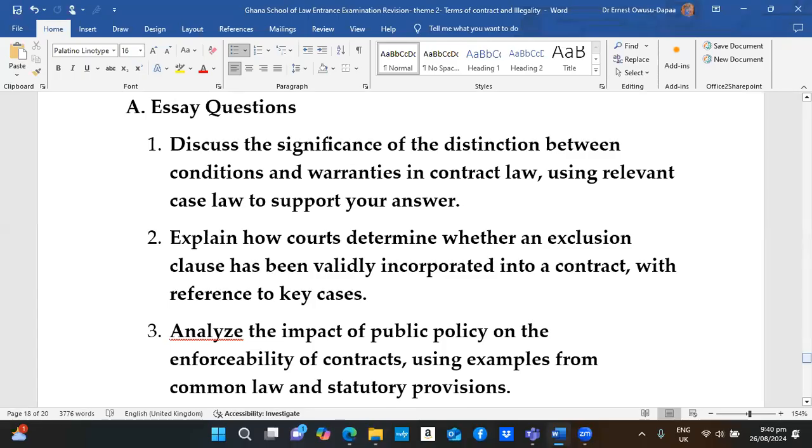And you know the famous case of The Moorcock, for example, about the yacht, which was the vessel which was supposed to be parked at a particular jetty in the River Thames. There was this argument as to whether it was the responsibility of the person in charge of where the vessel was supposed to dock or park to alert the one bringing the vessel as to whether the water level at the place where the parking would take place was in order, so the vessel would not sink and sit on the seabed or the riverbed. In case there's any rock there, it could get